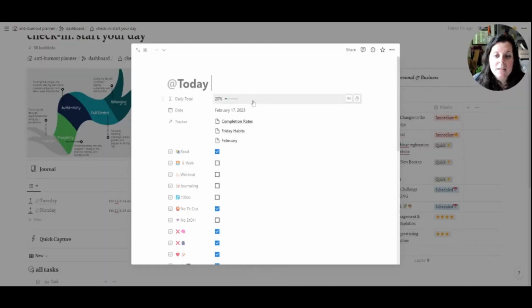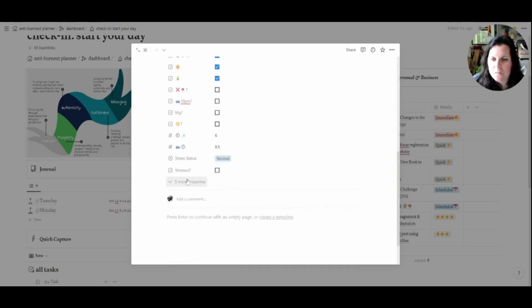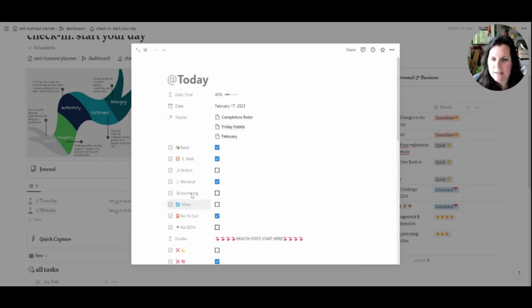So one of the first things that I do though is that I will go in and check off the habits that I have already engaged in. So I've already read, and as I'm recording this, I'll check off some of the other ones that I've done. I've walked, I've worked out, and I usually will have by the time I do this Notion check-in. I haven't drank 100 ounces of water yet, so I'm not going to check that off. And actually I'm going to go ahead and expand this.